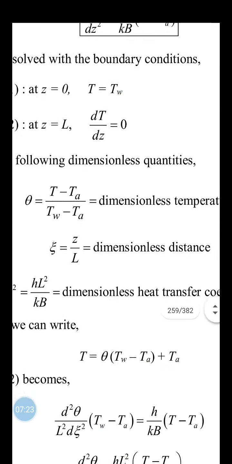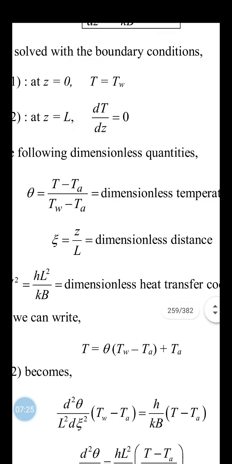The second dimensionless quantity is dimensionless distance. Why is it dimensionless? Because there is no unit. Zeta is equal to Z by L, where Z is a small distance and L is the total length. So Z by L will be